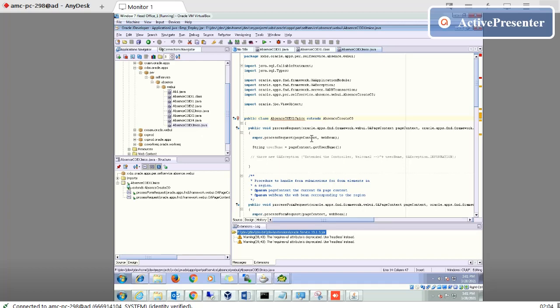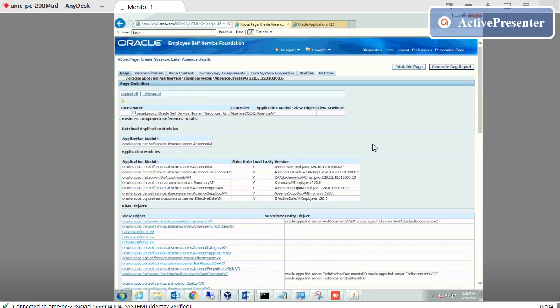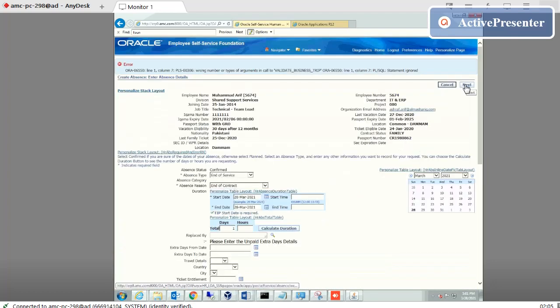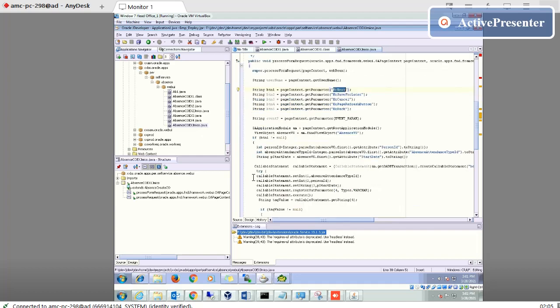So after that, we have to add the button name. We are using it here in our Epson management. Can I return this one? This button. Using this button, we have to define that button. If someone clicks, we will define all the values and assign their values also, like person, we need person ID, also we need the start date, and we need the absence type ID.